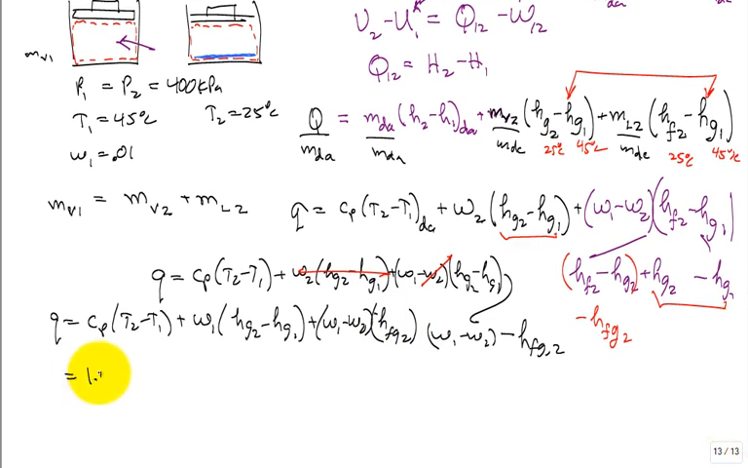So it's 1.005. What is that temperature difference for this problem? It goes from 45 down to 25, so that's minus 20. True? Plus omega 1, which I know you can calculate. Well, no, it was 0.01. Omega 1 is 0.01. H of G at 2, 25, 47.2 minus H of G at 1, 25, 83.2. Plus